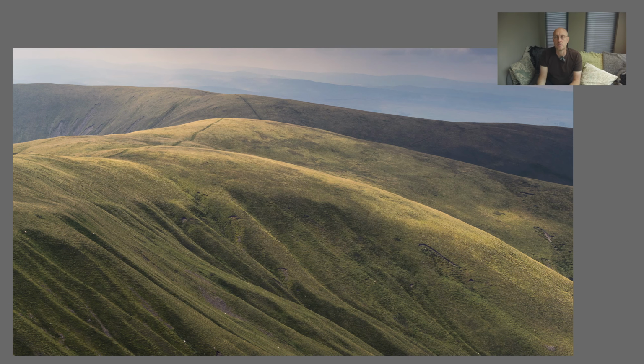When you've actually finished doing all your climbing, we did stop a bit of the way round. You're actually aiming for the top of the Calf, which we made it to, and it was as we were coming down that I really started to see some shots, and shots I've never seen before. I was able to start using the patches of light that were hitting the side of the Howgills, because it was probably around maybe 3 o'clock at this point, so it's not late,